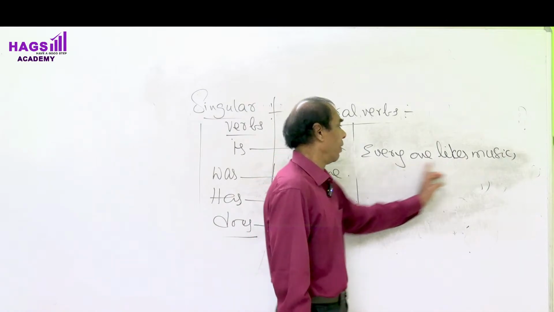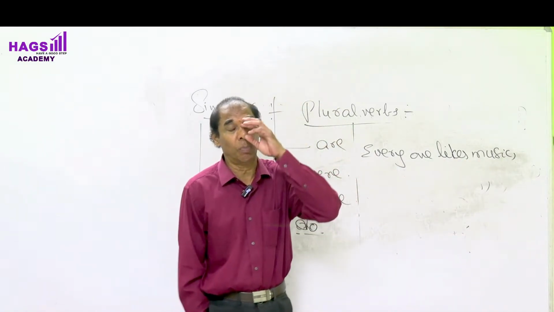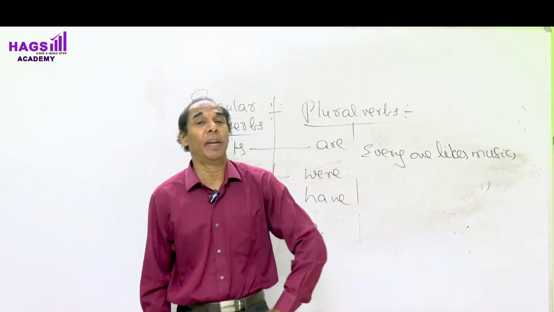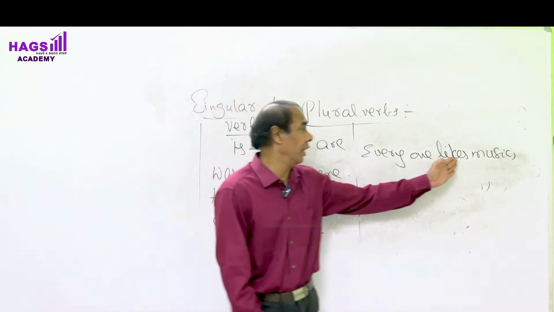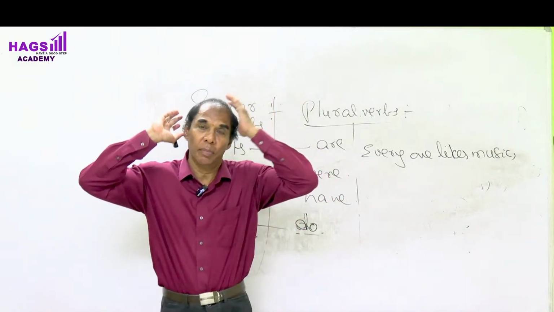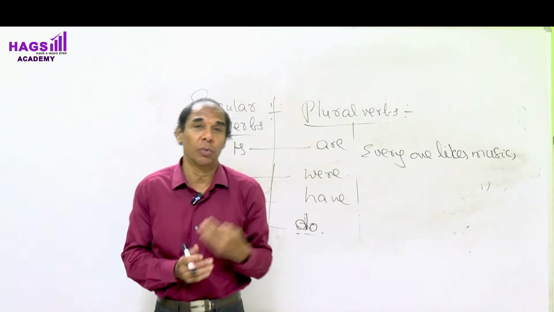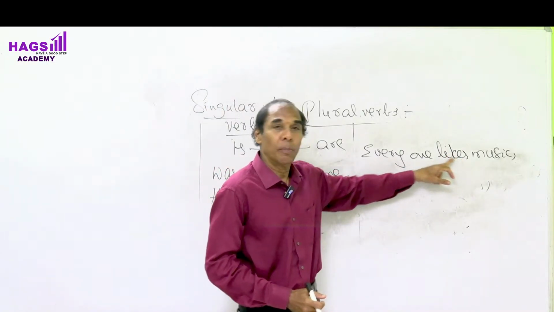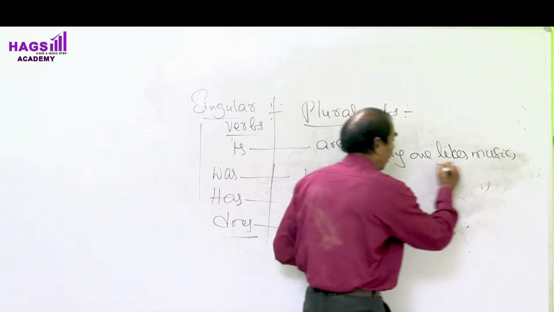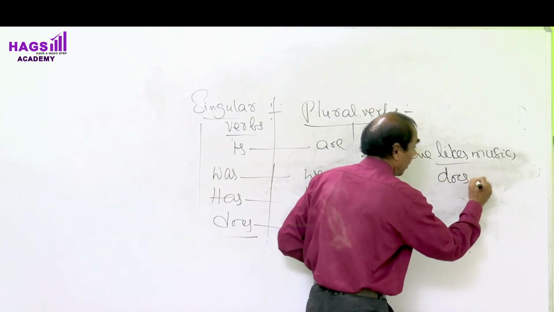See, everyone likes music. Statement is positive. So the question tag must be negative. Negative means put not after the special verb. Here in this sentence, we have no special verb. When there is no special verb, what you have to do? Borrow do, does, did. Likes is present tense with s. So you have to borrow does. Right? But